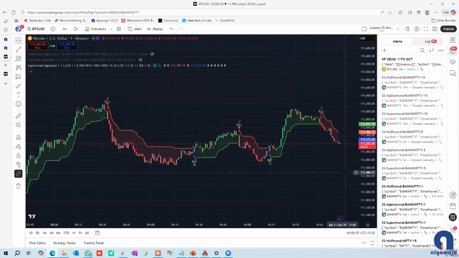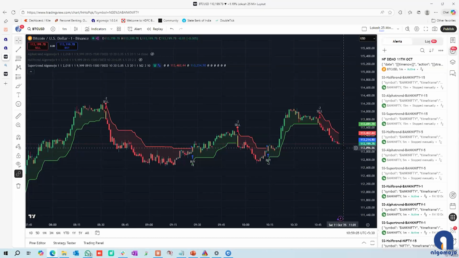So this is how we want the signal to take care of the trades taken manually. This is how you need to do it. Otherwise, you can wait till the new signal gets generated and check how the orders are getting placed. So while we are waiting for the new signal to come in,